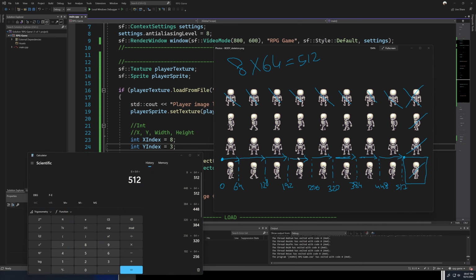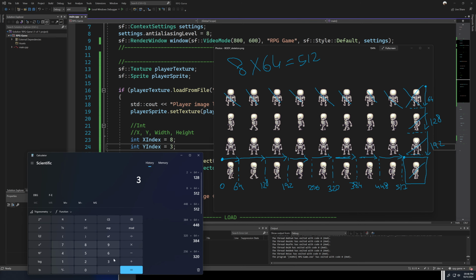And then we do the same thing on the y-axis. The y-axis is the same thing. So this is 0 over here. On the y-axis, this is 0. We add 64. So this point is 64. We add another 64. This point is 128. We add another 64. This point is 192, right? So let's do the math. 0, 1, 2. 2 by 64 is 128. 0, 1, 2, 3.